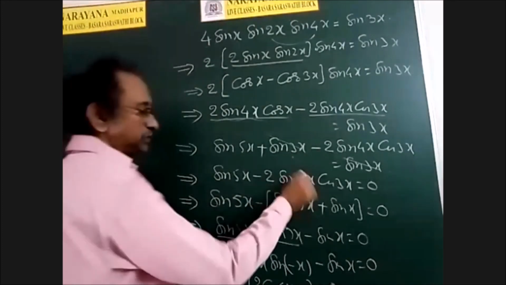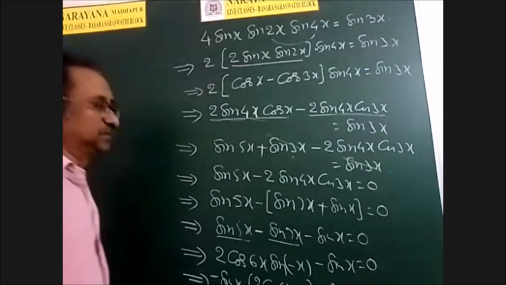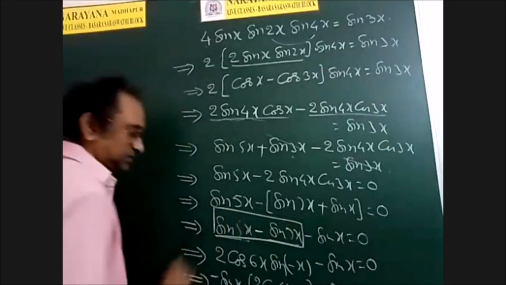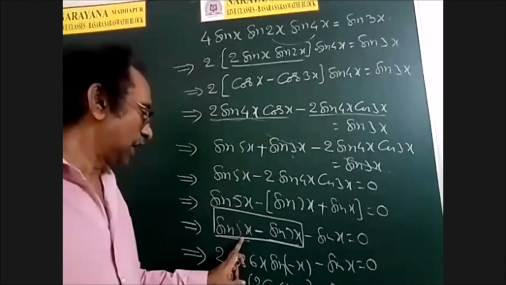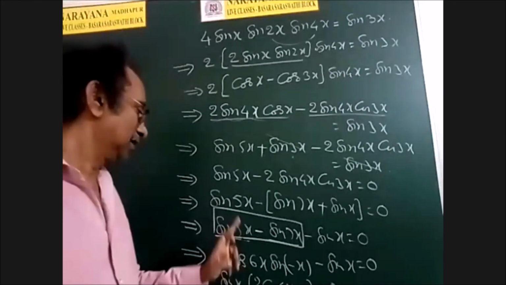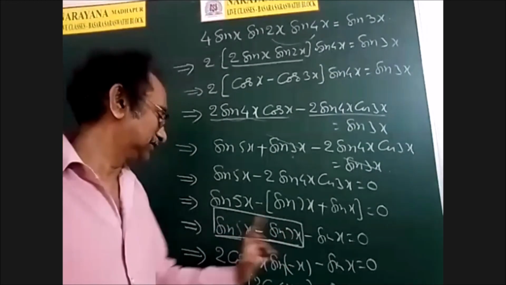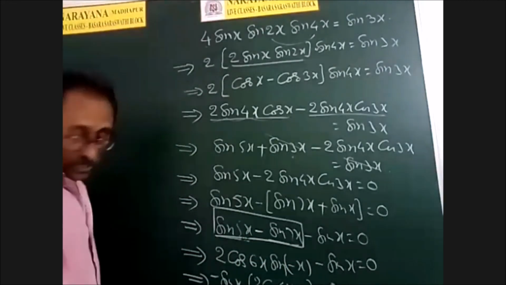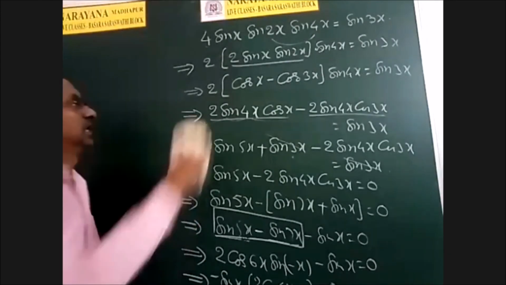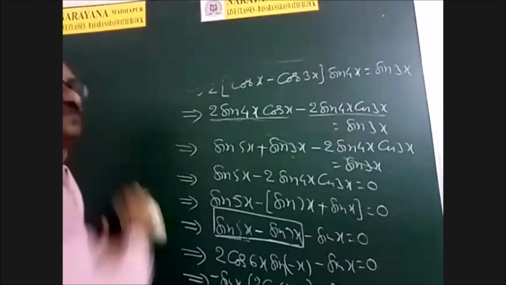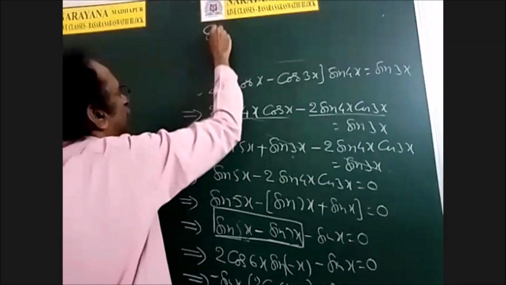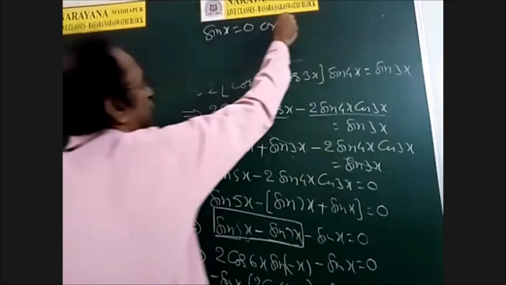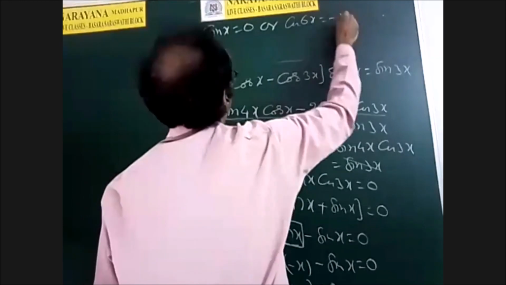And after this, 2 sin A cos B, sin(A plus B) plus sin(A minus B). So once again sin 7x plus sin x. After this again transformations for this. Okay, so 2 cos((C plus D)/2), 6x, and sin((C minus D)/2), that is sin of minus x. Therefore, I will erase the first 2 steps. That is either sin x is equal to 0 or 2 cos 6x plus 1 is equal to 0. That is cos 6x is equal to minus 1 by 2.